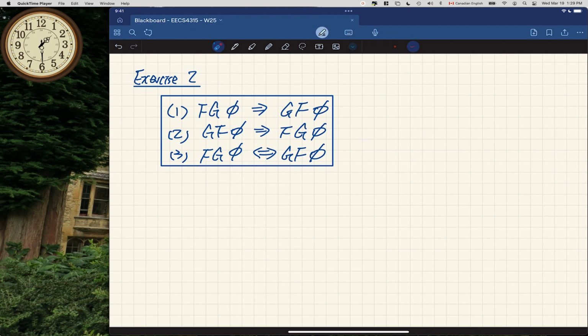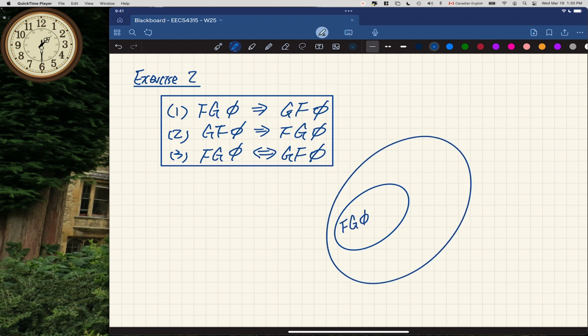You think it should be 1? Okay. Let's say we go with your thoughts over here. Let me not say yet whether it's correct or not. If you believe this one here should be stronger, so you're saying that at some future state globally, phi, and this one over here, strictly larger, that's weaker. Then you've got to be able to find some model that is going to satisfy G of phi, but not FG phi.